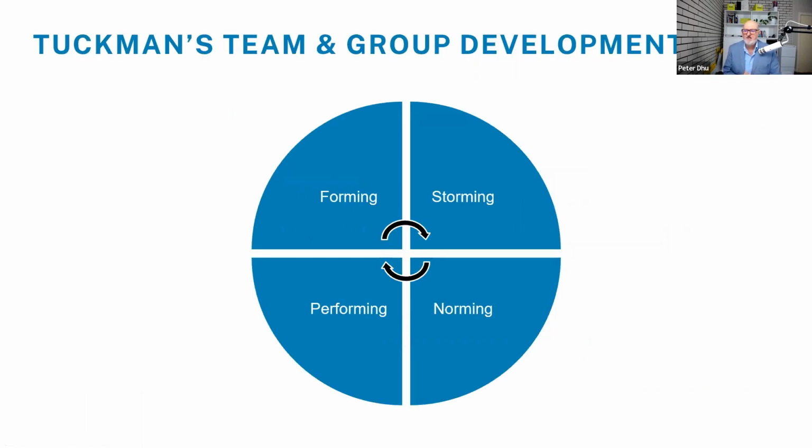Most people have seen this before. It's the group development model from Tuckman. When we first walk into a room, a group of strangers, people we don't know, uncertain topic, it's called forming. We're a little bit uncertain, and as a facilitator, as a trainer, myself or you need to help the group form. And then you start to storm ideas, then things become more normalized.